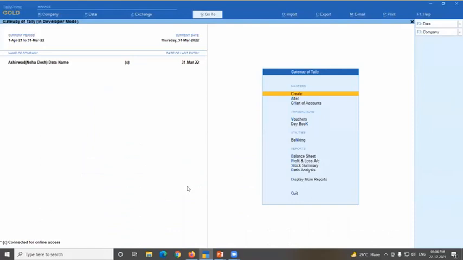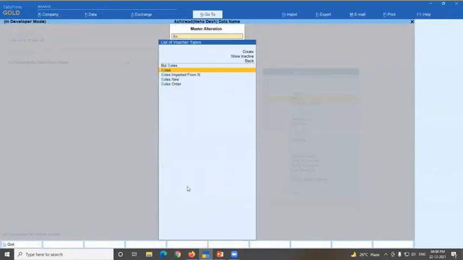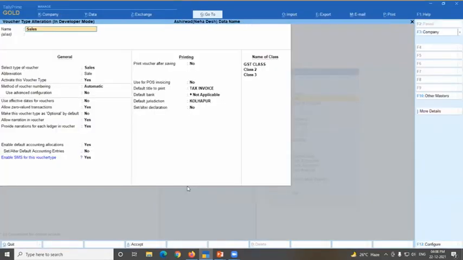So I have to select here alter voucher type, sales, and see what happens. Many times there are two types of users. One is a normal user who is not going to interfere in business, he's just putting entries and keeping to his work. There are other users also, who are creating some problems.